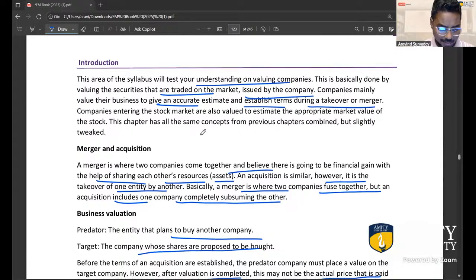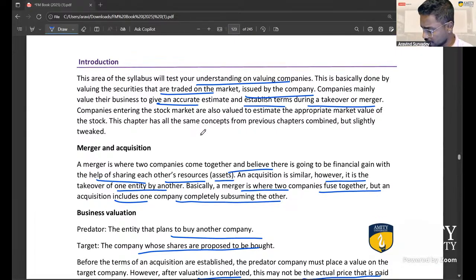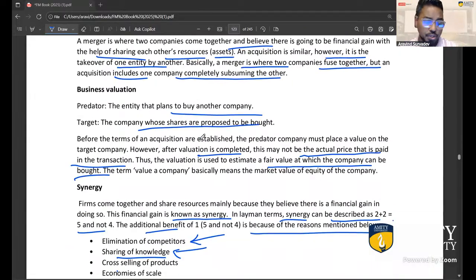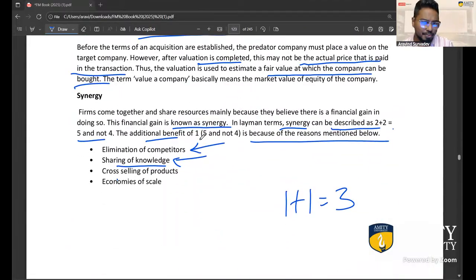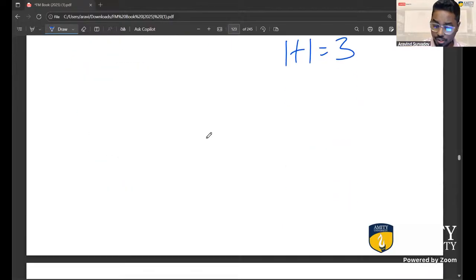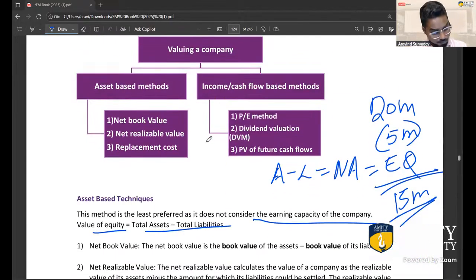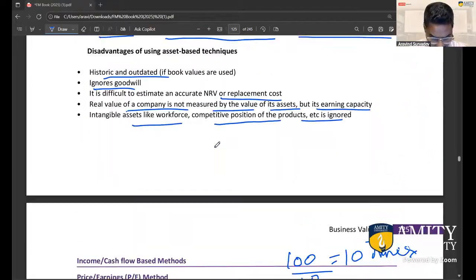So, just to recap the chapter itself, this was all about mergers and acquisitions. This is where you will have to value the company that you're trying to buy. When a parent company buys another company, the parent company gets synergy. But a bit of the synergy is spent to buy the company itself. So we have to understand what the post acquisition value is. This is why valuing businesses is very important. These were the methods that we learned.